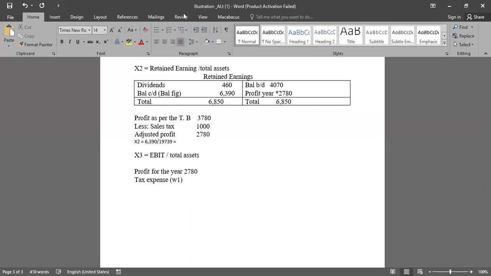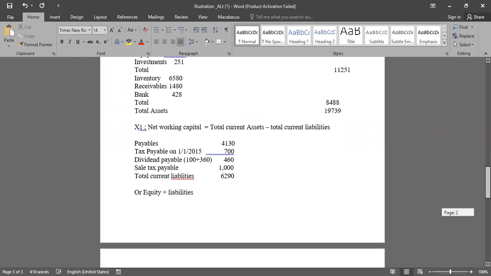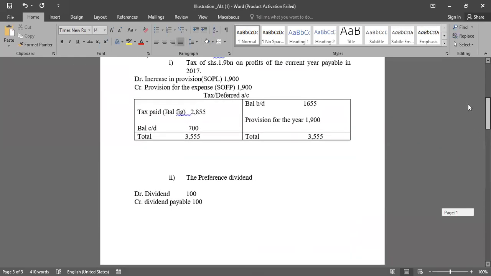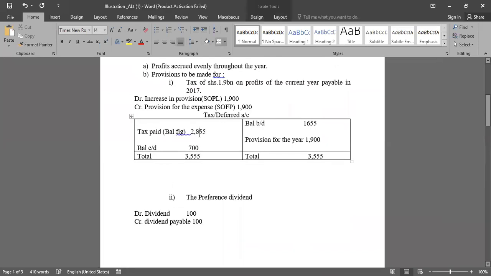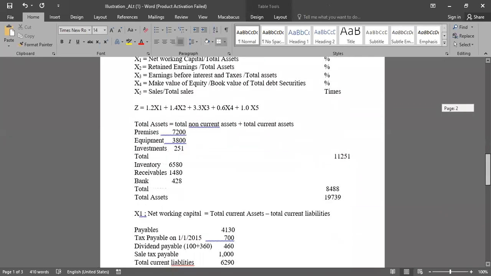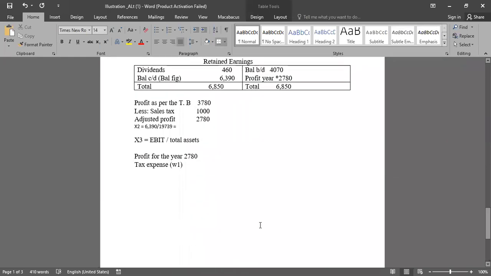Whoever is joining, kindly mute. So that's where I got the 2,855 from, for the one who was asking. When you come to the trial balance and look at the tax that was expensed, it is 2,855. So you bring it here, and it's not deducted, it is added, so that you end up with